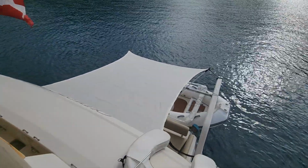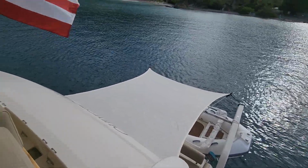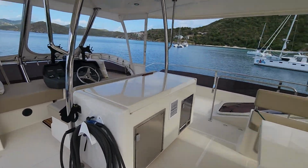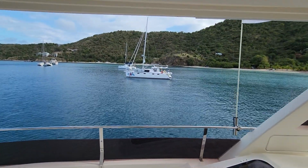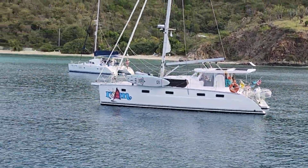I've been playing around with a sunshade on the back deck, so it's kind of temporarily rigged up. It's working pretty good. And again, my upper flybridge area. So right next door is Rome, friends of mine. Neat couple, a lot of fun. The next boat over